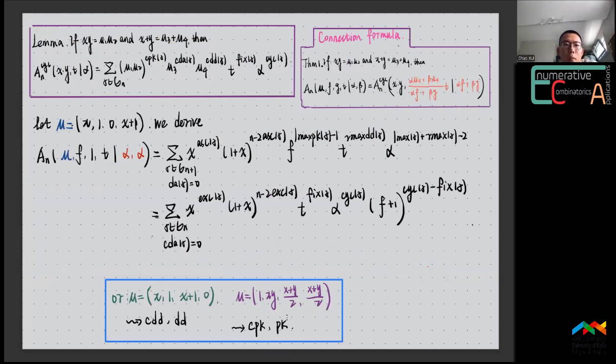With these two connection formulas, we let the variables equal x1, 0, x plus 1, and we can derive these two forms. From that, we can also set x equal to x1, x plus 1, 0, or u is 1, 1, x, y, and x plus 1 over 2. These two forms are related to cyclic double descent and cyclic peak, respectively. From this form, we can derive